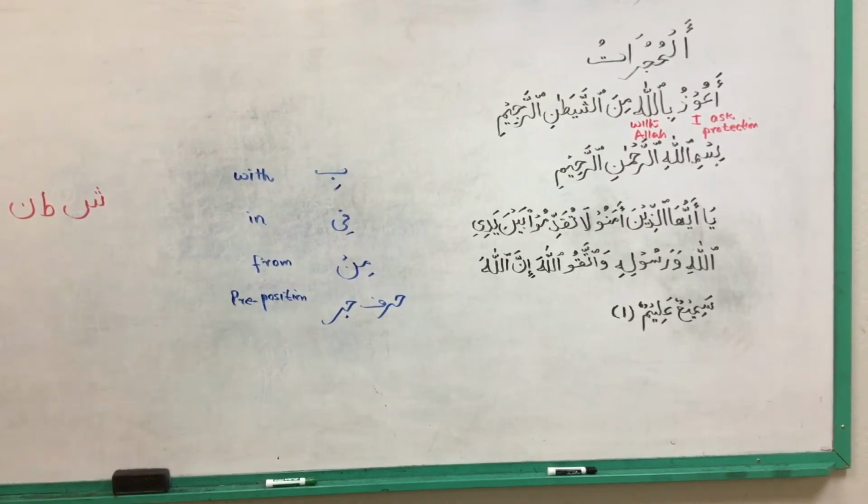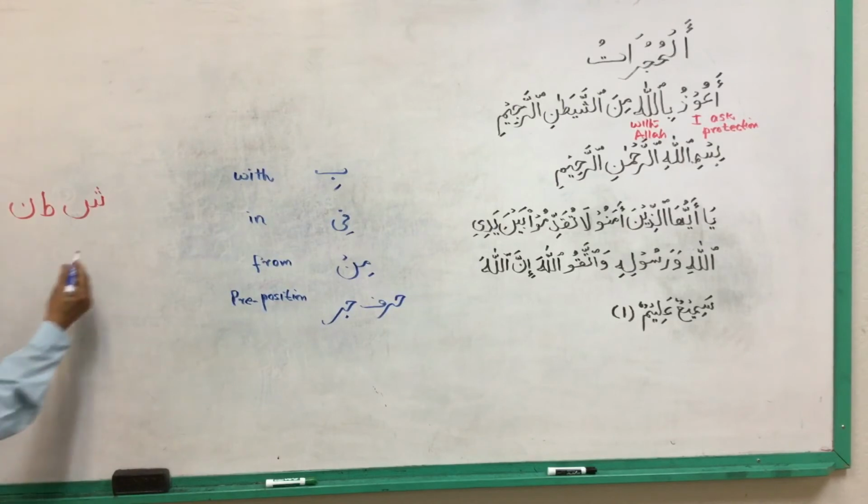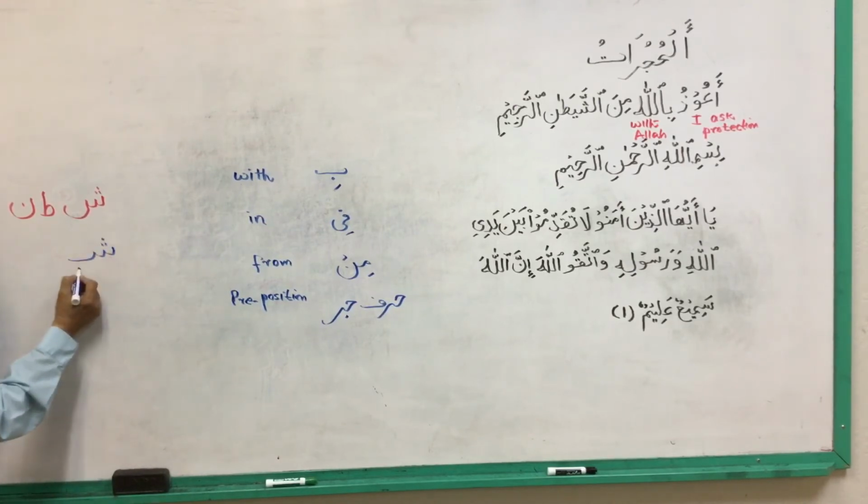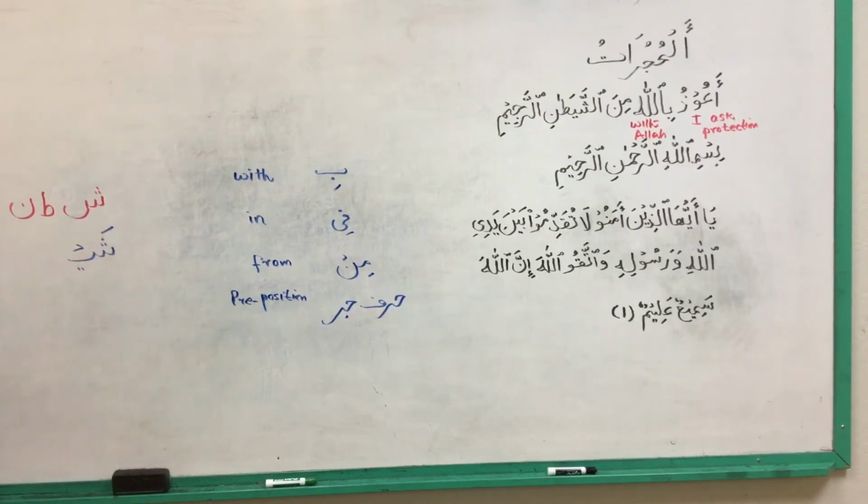And the doer is made by doing this. If I put a ya after that and pronounce it as shay, so I am just putting a ya here and an alif there. So shay,